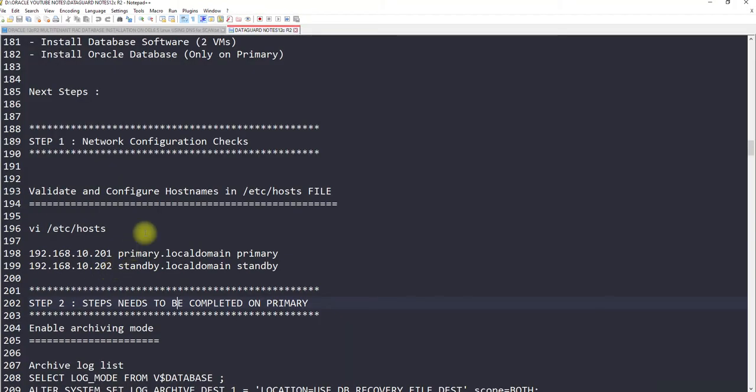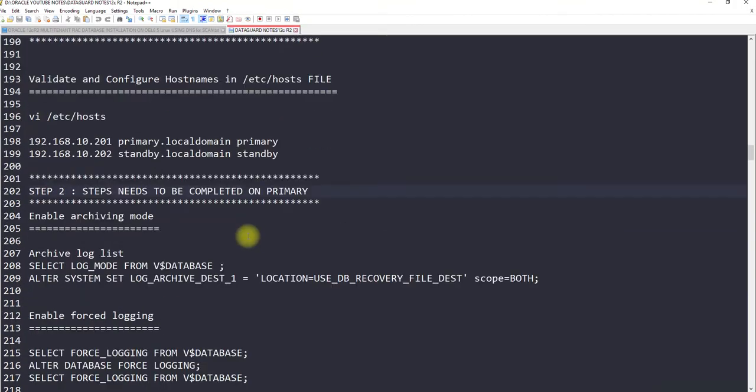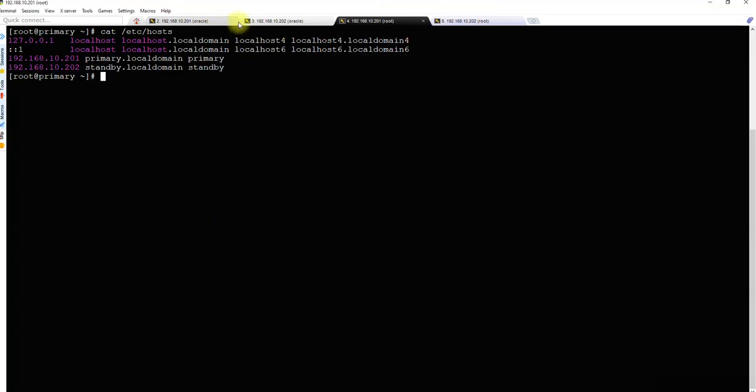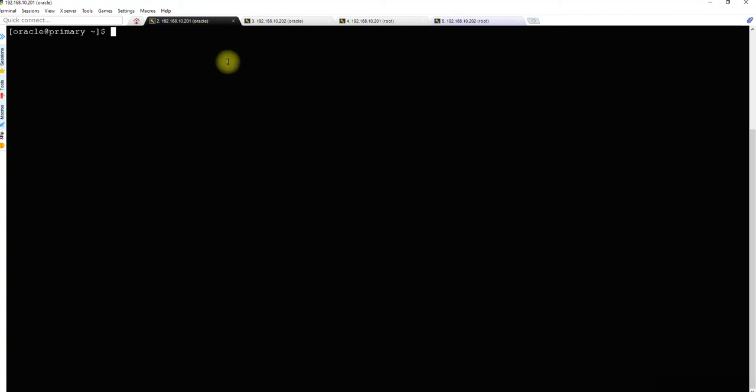Now let's go on and check if archive mode is enabled. For that we need to use archive log list. I'll copy this. Now we don't have to use root. First of all, let's check the process before connecting.